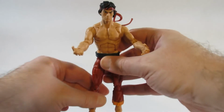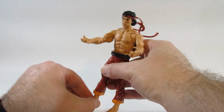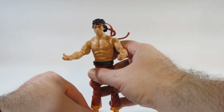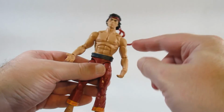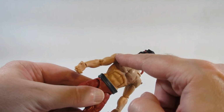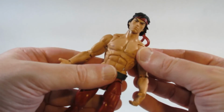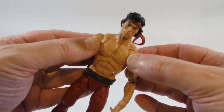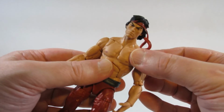So I'm just not very happy with the joints on this particular action figure because I can't get that ankle to move, which is making it a little harder to make this guy stand. Also, both shoulder joints were very, very stiff. The ratcheting was extremely tight, and I had to use a hair dryer to warm it up so it would move more, but I don't like having to do that, and then it cools off and gets hard to move